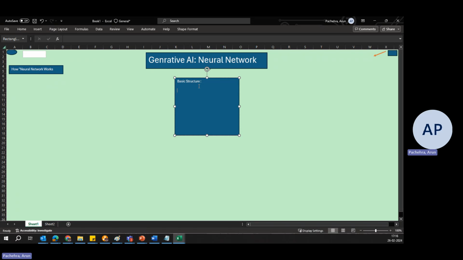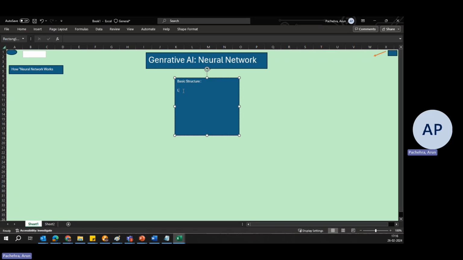I have said this many times, but now let's break down what a neural network is, the basic structure, and how exactly it works. I'm repeating a lot of things just because it should sink in with everyone.